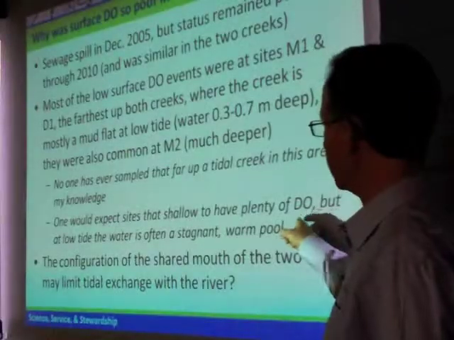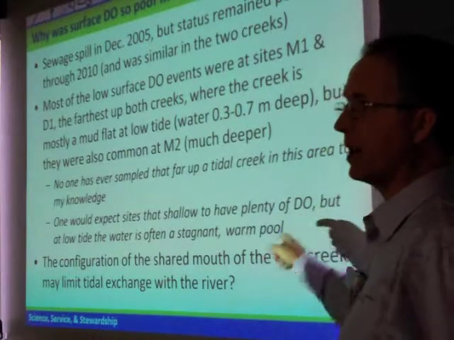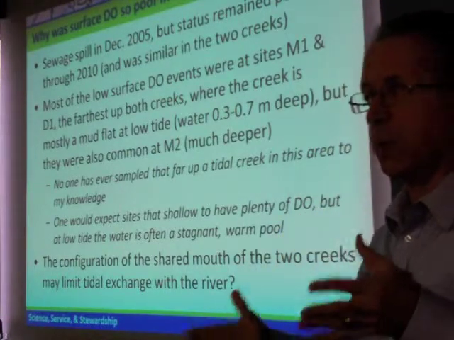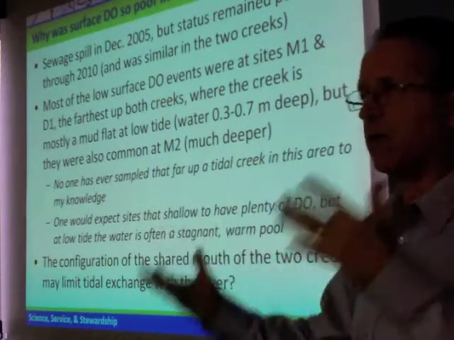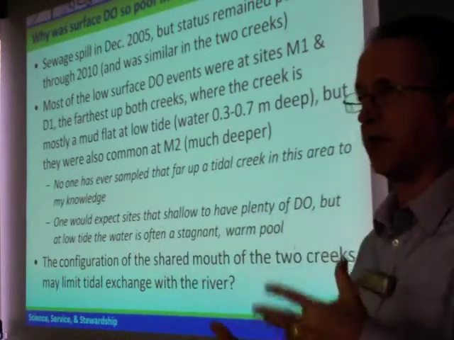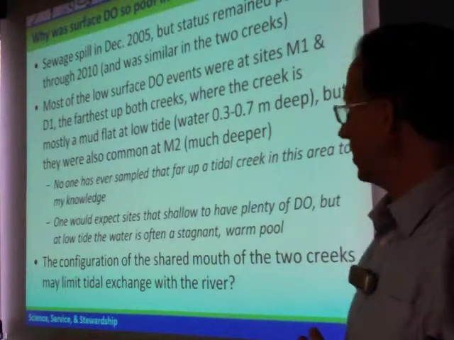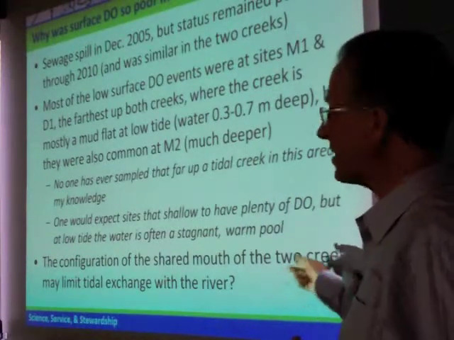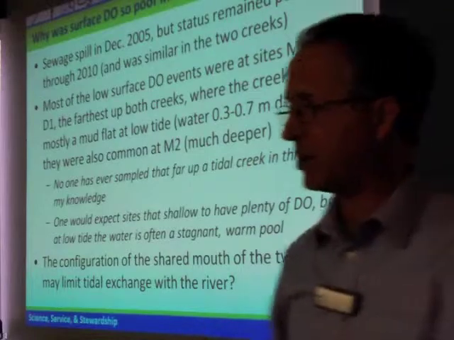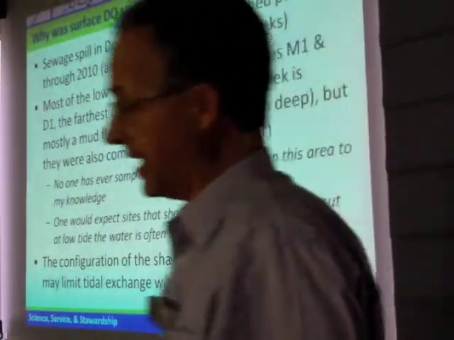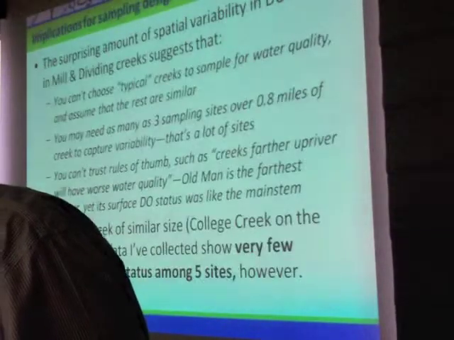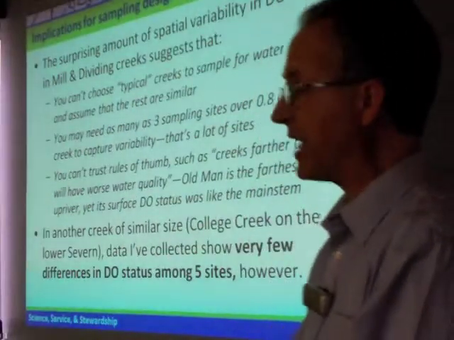I think one thing that's happening is that at low tide, the water there is actually a pool. It's separated. It's not connected anymore. And so it's sort of like a stagnant, warm pool, and that's not a good formula for dissolved oxygen. And there may be something about the configuration of the mouth of the two creeks. I'm not sure, but it's really been an eye-opener for me. So what this means for sampling design